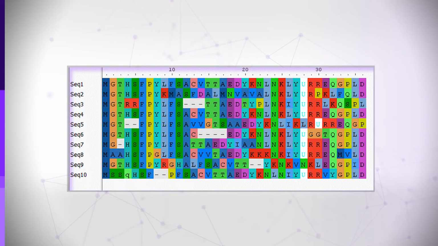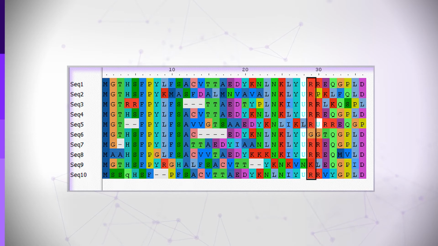For example, if we see that leucine and isoleucine tend to appear in the same position in homologous proteins from different species, then we can conclude that these two amino acids can replace each other and thus are similar. If we see that in a position dominated by arginine, we hardly ever find a glutamic acid, then we can conclude that this pair of amino acids are not similar. The relative differences between amino acids have been quantified and are available in tables.